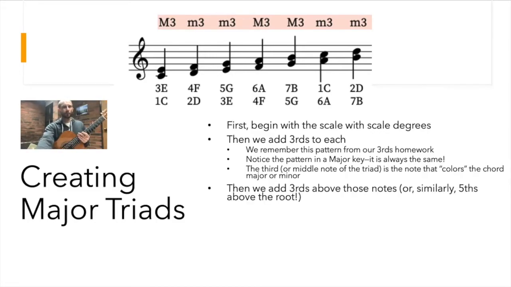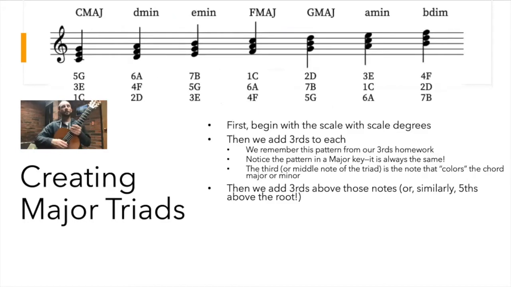Let's get the triads, though, fully spelled out so we can believe it. So here we have them. We just added a third above that third, right? So you now have C, E, G, 1, 3, 5, C major. Then you have D, F, A, D minor, 2, 4, 6. Then you have another minor chord, 3, 5, 7, E, G, B. That's E minor. Then it goes to major. F, A, C, 4, 6, 1. F major chord, then you go up to 5, 7, 2, G, B, D, G major chord,